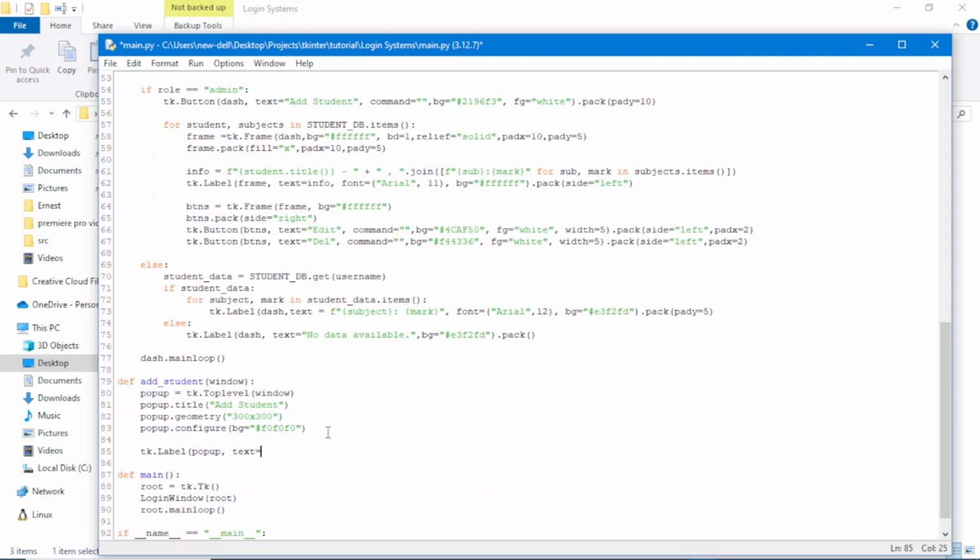Text student user name. Let's pack 1, 5. Okay, and